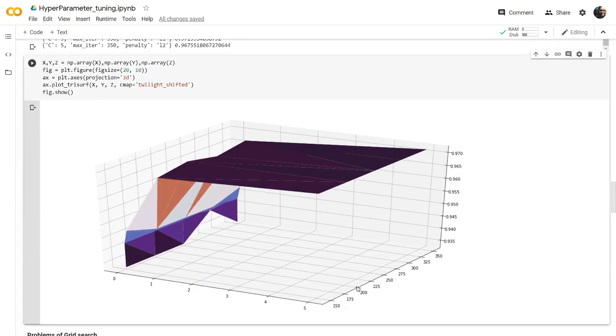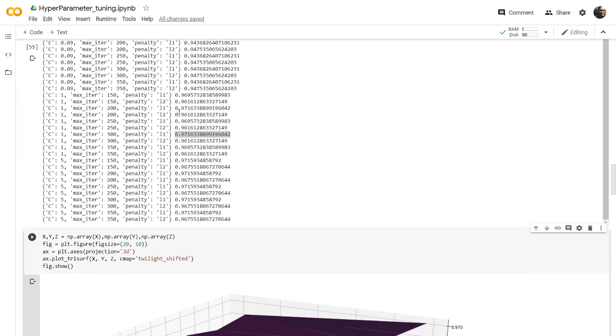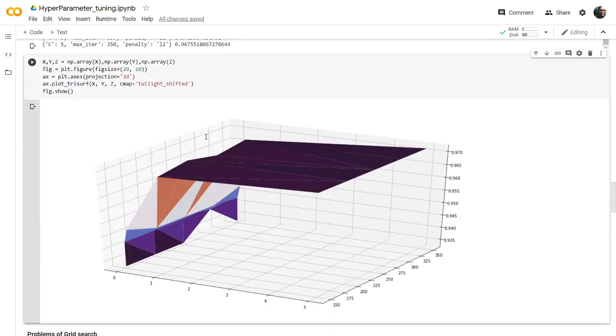So 200 and C is 1. So you can see this value as the top value here. When we go to 300, it is another top value here. So you can see here also, when we have 200, 0.97, and we go to 300, the same value. So you can also find here C as 1, max iterations 200. So you can see a top high value here, and at 300, a high value here. So these two are the high values. You can simply visualize with other parameters as well. You can do that as an assignment, or you can try that.